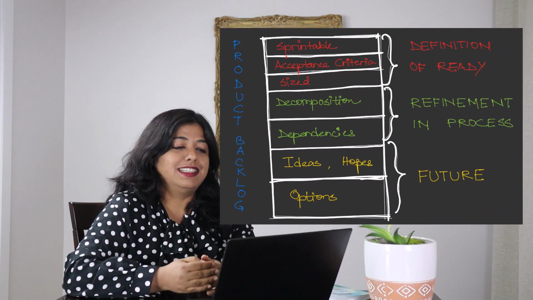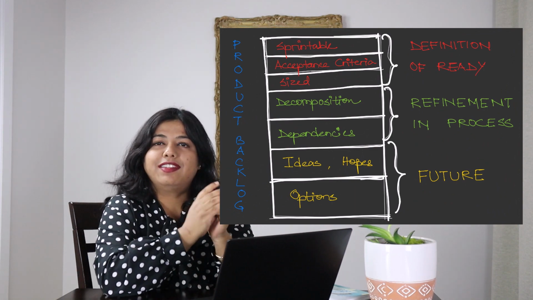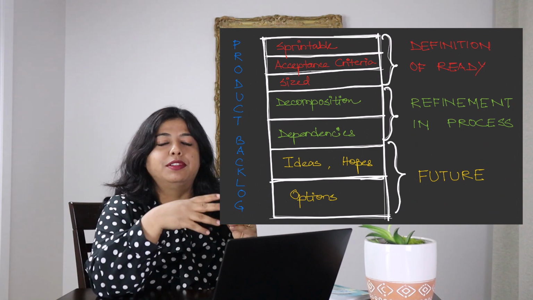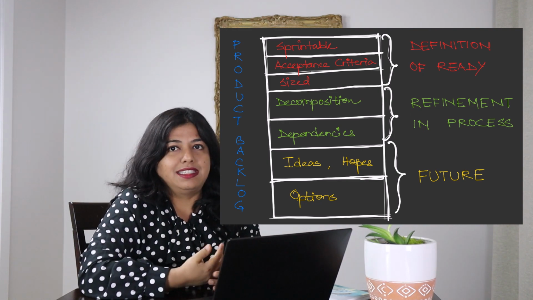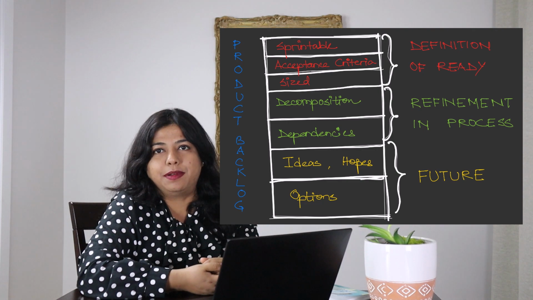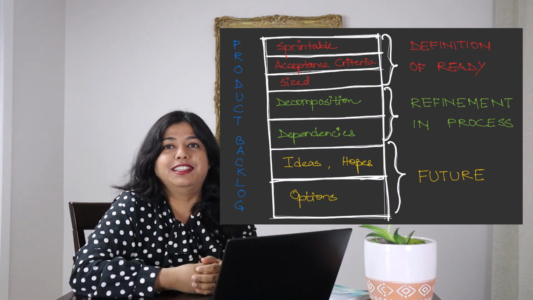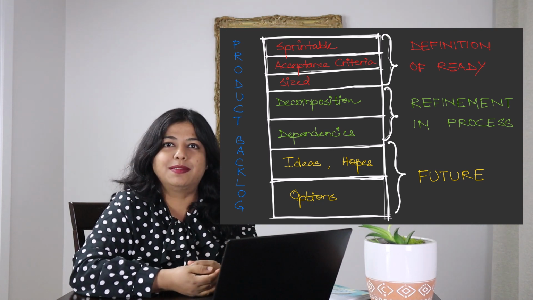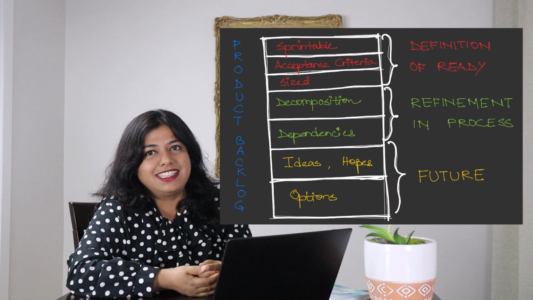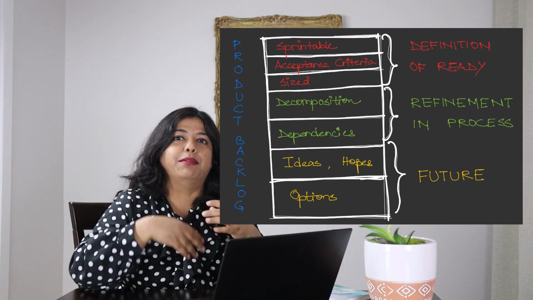developed. The general idea is that the most refined and detailed items are at the top of the backlog. They have enough detail so that the developers can easily pull them into the sprint. At times, they should already have been seen and refined as well as sized by the developers. While at the bottom of the backlog, we have chunkier items, could be big blocks, ideas, strategies, future enhancements, and they lack the finer details and need a lot of work or transition before they move to the top of